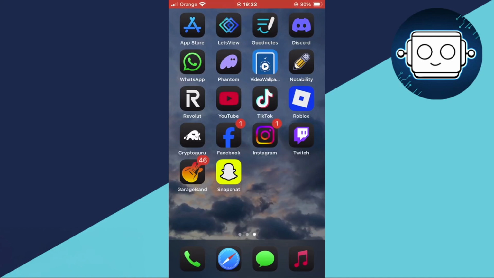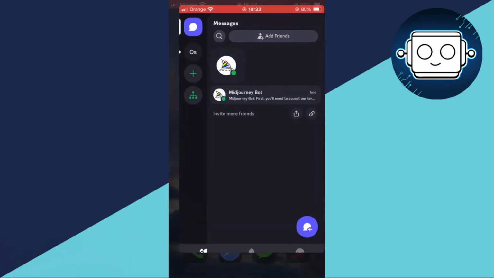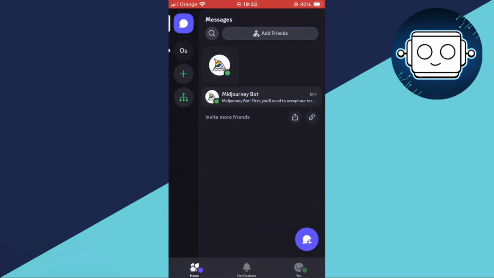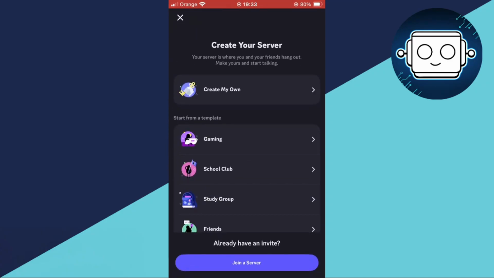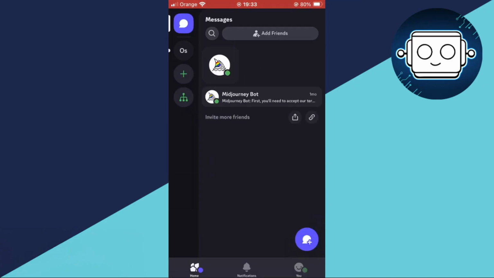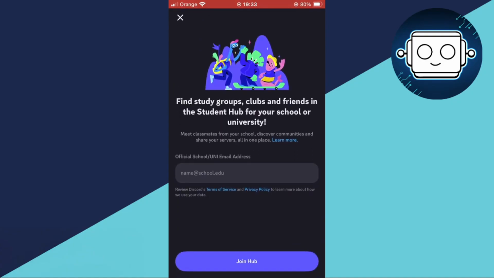Hi, in this video I'm going to show you how to explore Discord public servers on mobile. If you go to the Discord application, you'll not find any Compass application or icon on the left. If you click on the plus, you'll be able to join servers using the link. And if you click on this icon, you'll be able to find study groups, clubs, and this is for